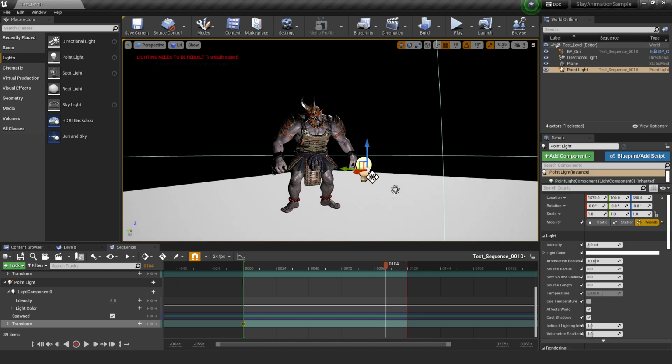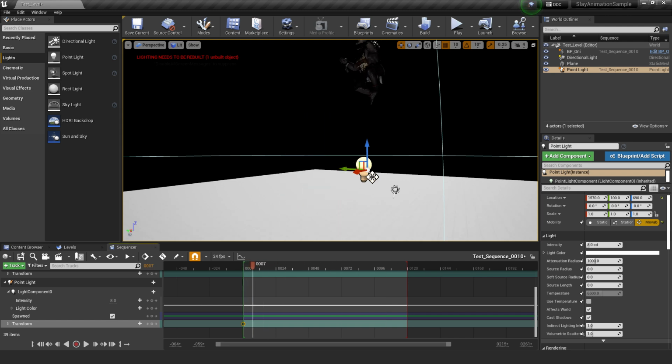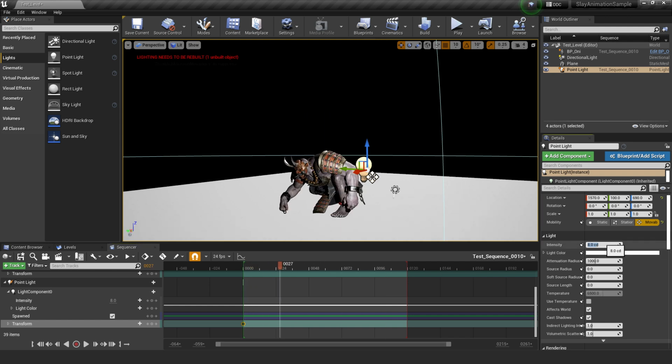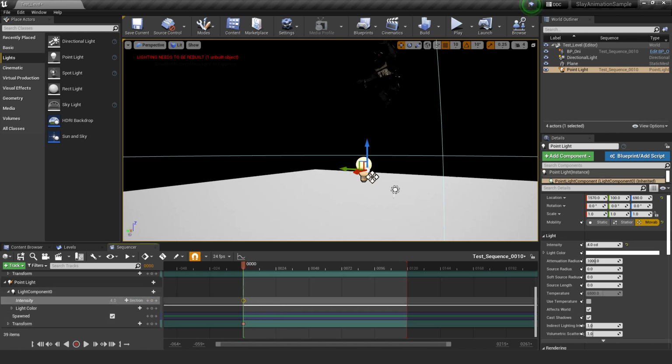But let's adjust the intensity, shall we? Because it's right now at 8. Let's go to 4, so it's a little bit darker. We'll have that there. Keyframe that as well. And just for the fun of it, we're also going to keyframe the color of the lighting. So we will keyframe this, and then as he gets closer to the light, so about here,